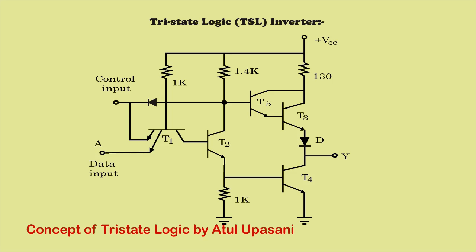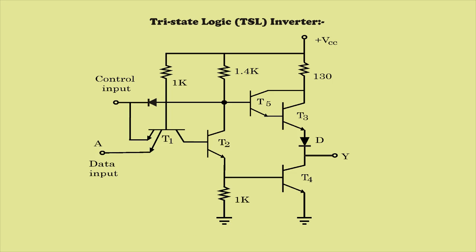So the problems arise due to commonly connected open collector outputs and commonly connected totem pole outputs. To remove these two difficulties, special circuits have been developed, in which there is one more state of output, and this is referred to as the third state of output, and this state is the high impedance state. And in addition to low and high states of the output, there is a third state that is called the high impedance state, and that is why these circuits are known as tri-state logic or three-state logic.